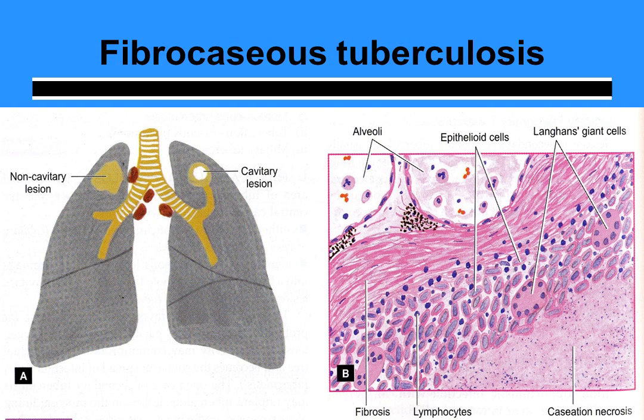Microscopically, you will see that this cavitatory lesion is showing a fibrous wall, and you can see those slipper-shaped nuclei of epithelioid cells. There is a collection of epithelioid cells. You can see Langhans giant cells, which are multinucleated big cells, along with lymphocytes and plasma cells, and in the lower right area you can see pink homogeneous acellular granular material, which is caseous necrosis.